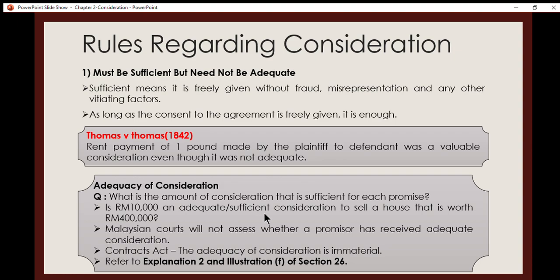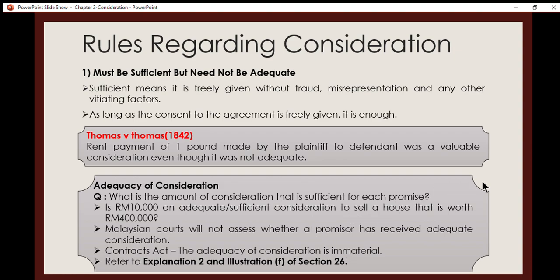Malaysian courts will not assess whether a promisor has received adequate consideration. So our court will only look into the sufficiency of consideration, whether the consideration is freely given by the promisor. According to the Contracts Act, the adequacy of consideration itself is immaterial, so it is not so important. Later you may refer to the explanation and illustration F of section 26 to explain more on the adequacy